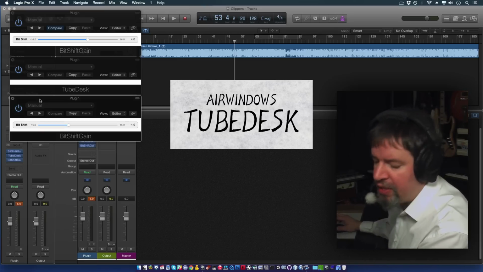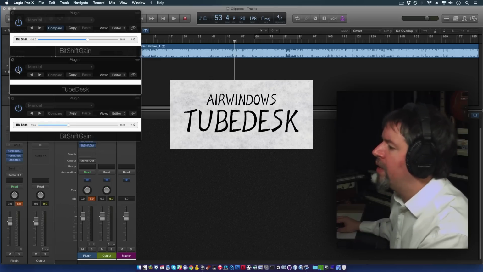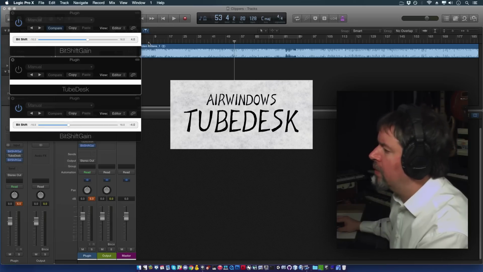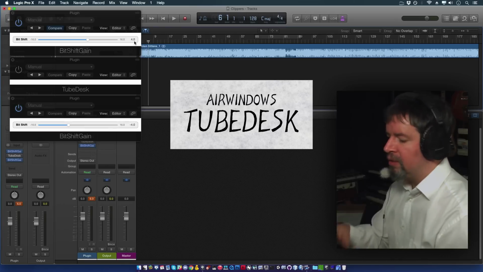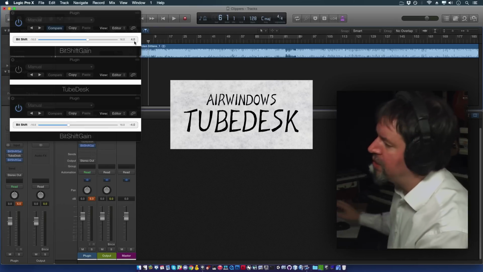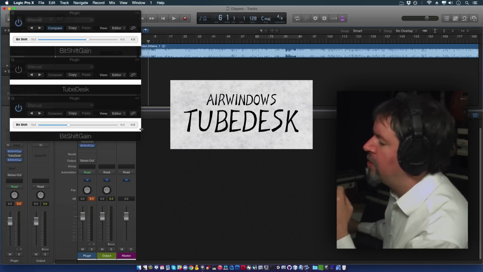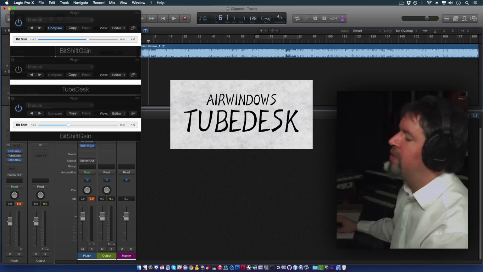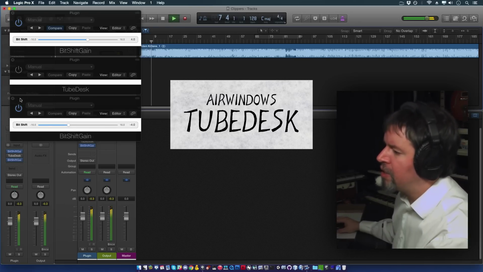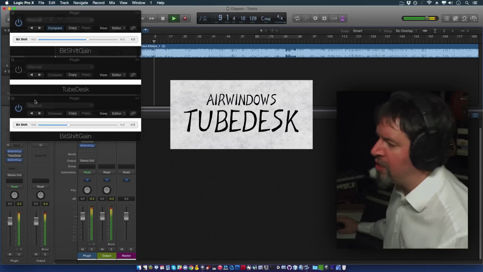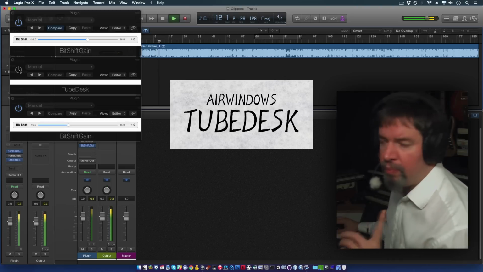Now, I've showed you in previous weeks Transdesk. This is TubeDesk. So what we've got here is bit shift gain doing 4 bits. That's 6 dB per bit, so it's 6, 12, 18, 24 dB, into TubeDesk, into 24 dB back down again, so that it doesn't hurt our ears. And without TubeDesk, it doesn't do anything. I choose bit shift gain because it doesn't touch the tone of the sound in the slightest way. But if we turn TubeDesk on,